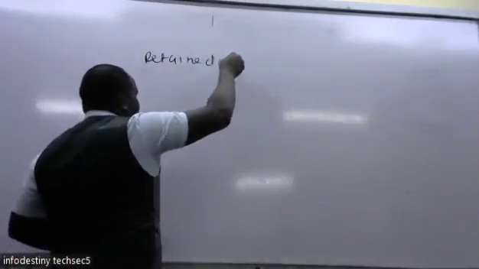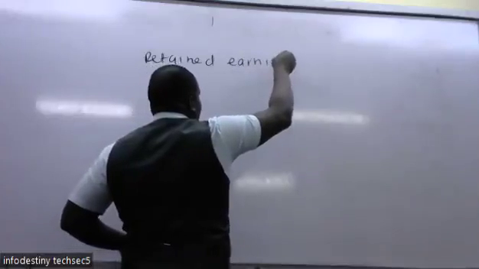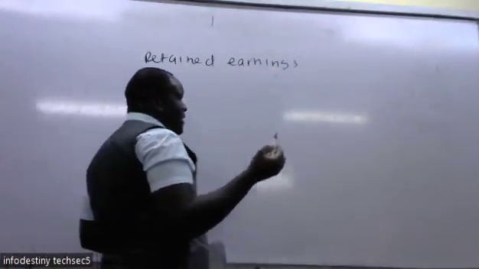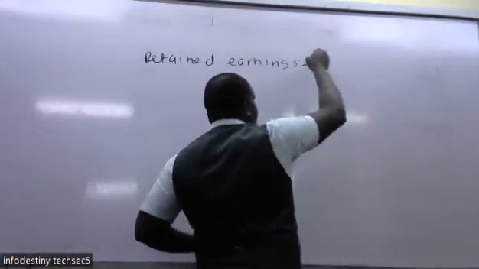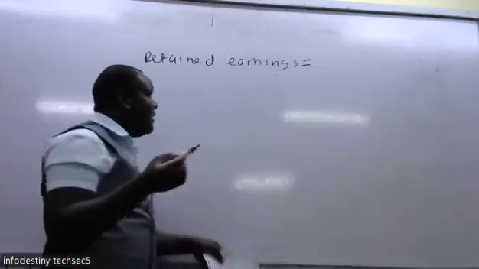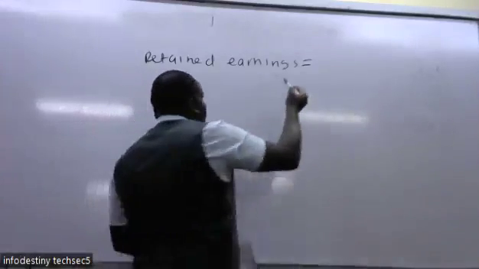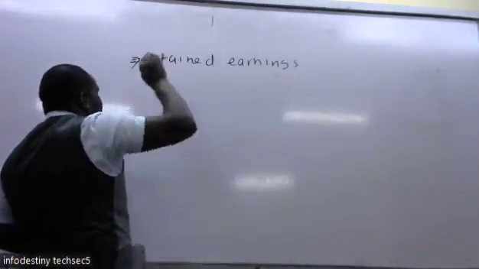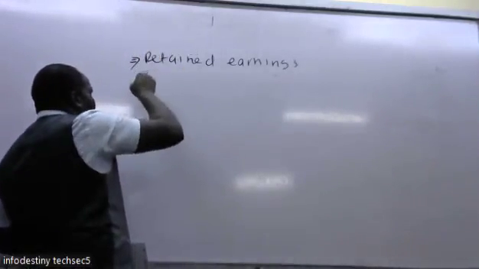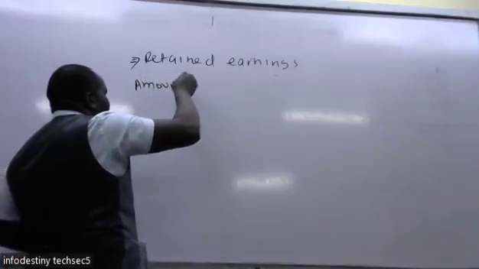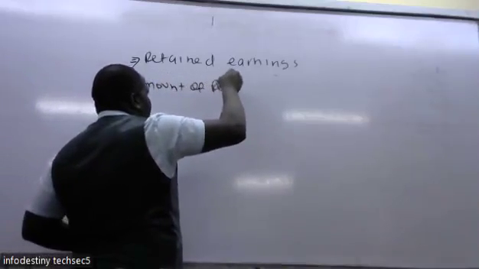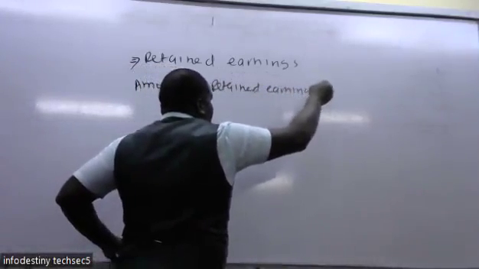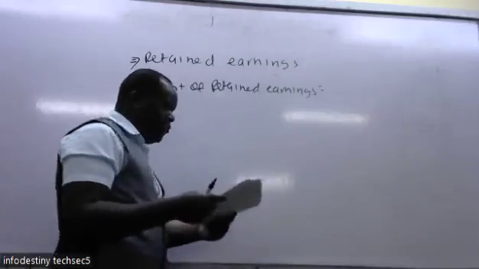With respect to retained earnings, we want to get the amount for the retained earnings. We are only computing the breakpoint with respect to retained earnings. So for the amount of the retained earnings, you go to